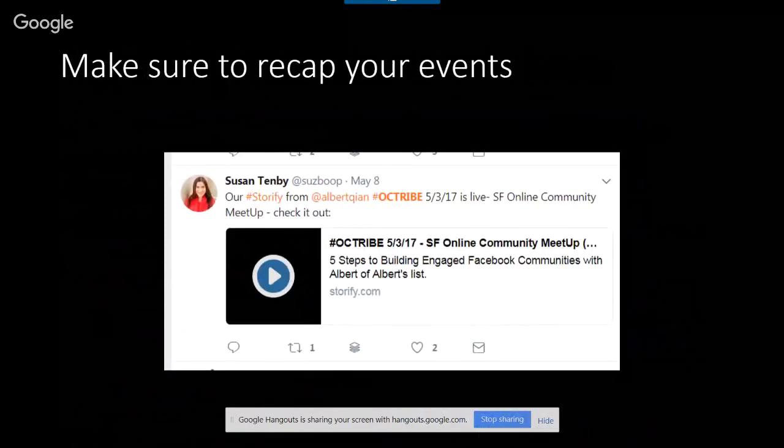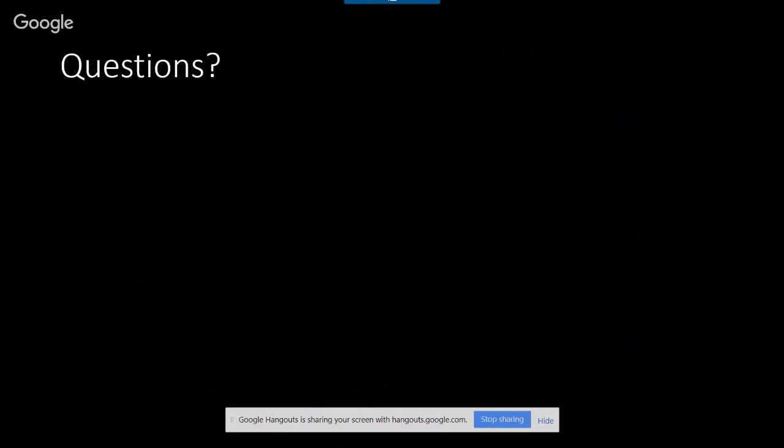And finally, you want to make sure you recap your events using all of these elements. Tools like Storify help you put in the videos, as well as the hashtags, as well as the compilation of the tweets and Facebook posts and advertisements from other people all around the web into one easy to share link. That is a story, essentially. That not only is good for SEO, but it helps you share your event between events and give a final boost of amplification to thank and reward your speakers. And with that, I am done with my part of the presentation and open for questions.